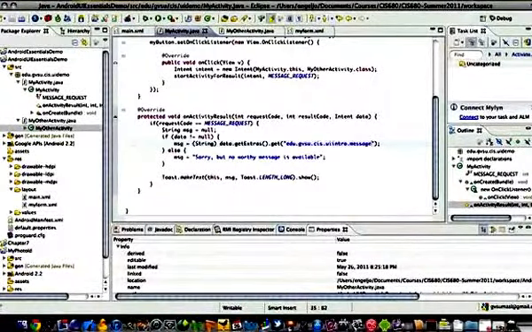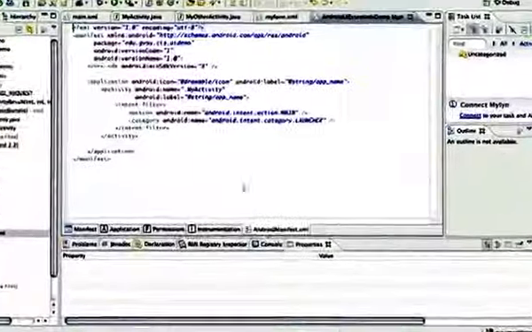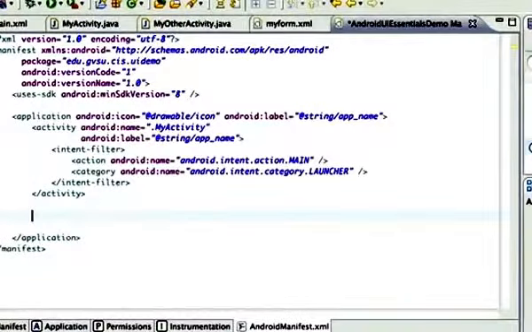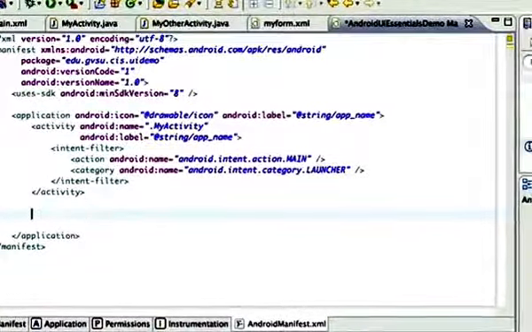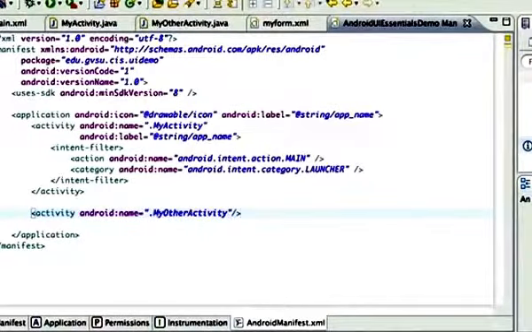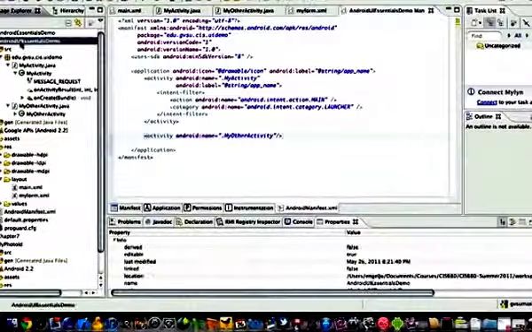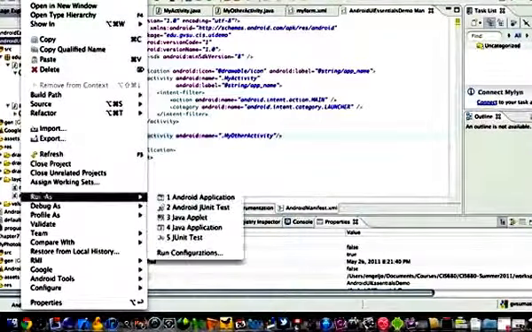Aha, yes, we have to go back to the manifest file, and we have to go and add that activity. So we want to go and add another element under application called activity, and it has a name of my other activity, and I don't need anything else at this point. That was all I really needed. Okay? So at this point, with a little luck,